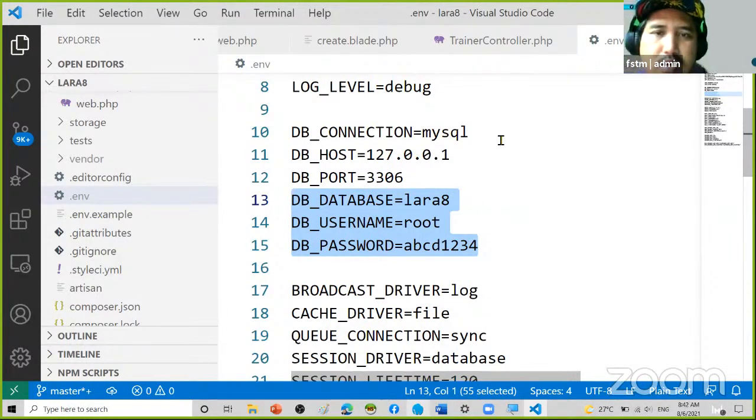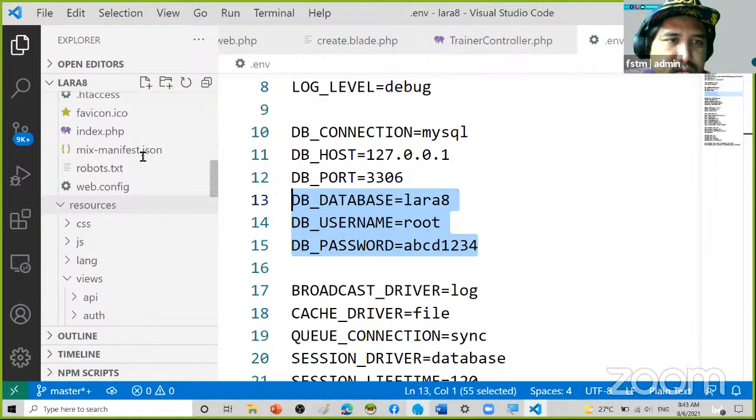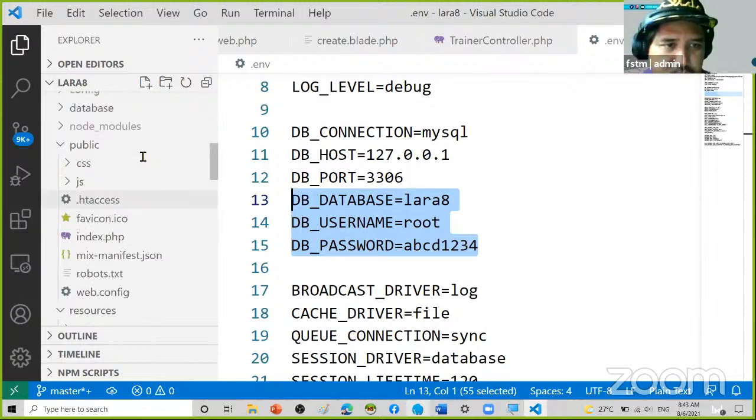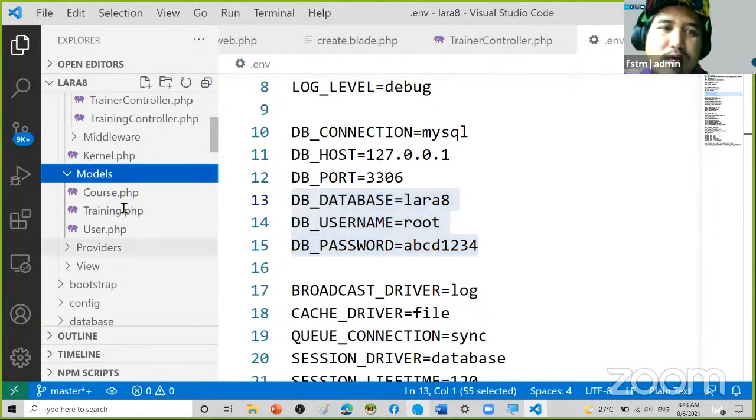So in order to create a new table, or what we call a new module, we need to have the model. In Laravel, the models that connect to your database reside in the models folder. This is the folder whereby you have your